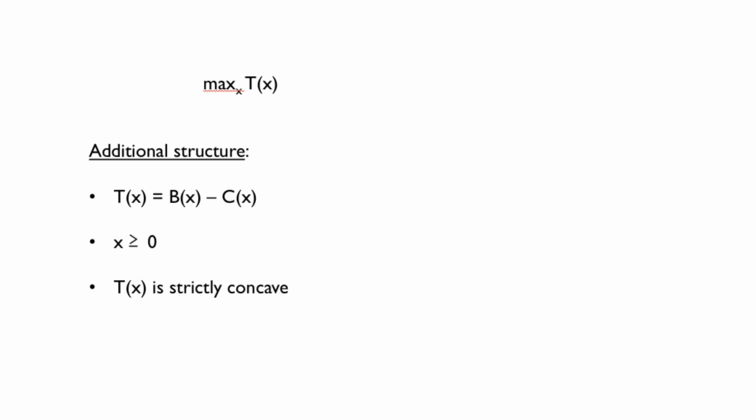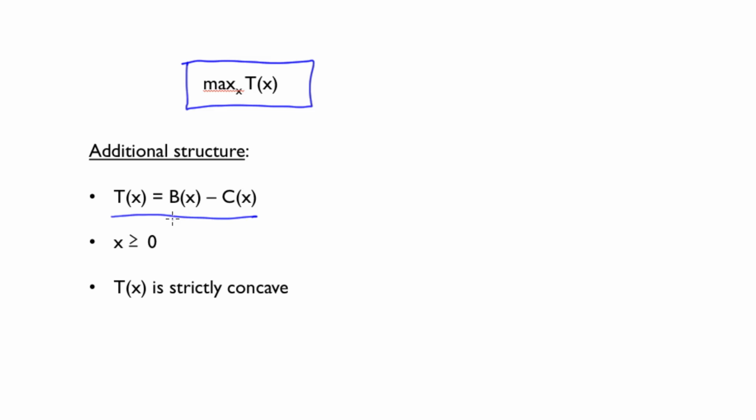Remember that the maximization problem that we have been studying so far looks like this. Maximize a function t of x over the level x of the action that you can take over its entire domain from minus infinity to plus infinity. The additional economic structure that we're going to impose has three key properties. The first one is this one, which states that the objective function t of x